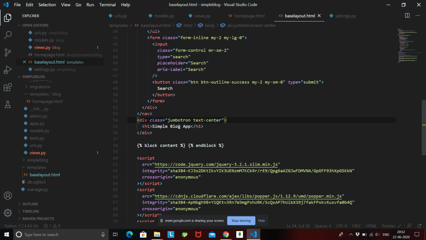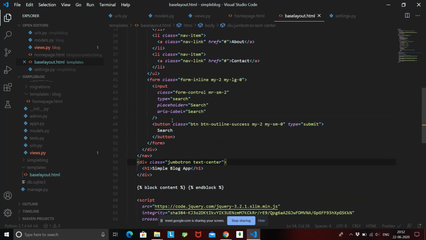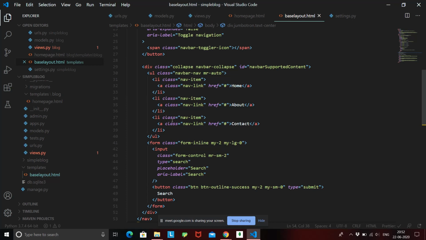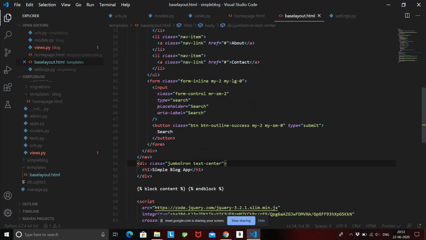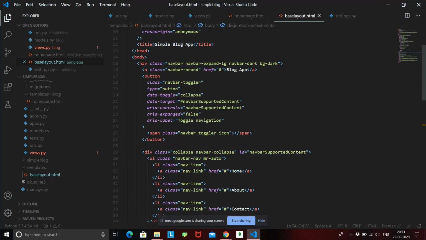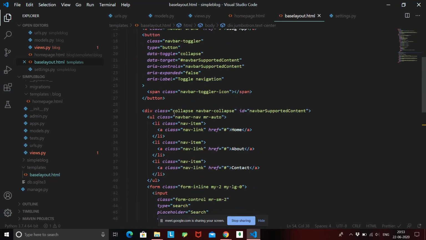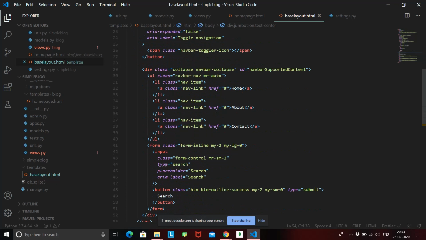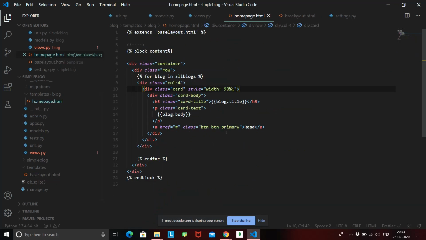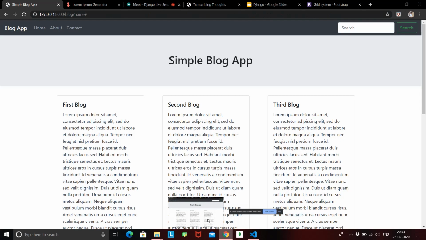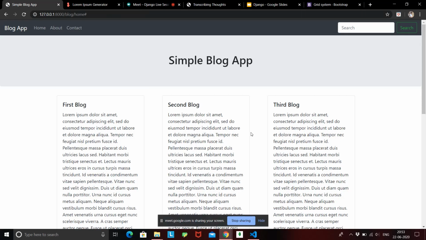But we needed this title and the nav bar in all our pages, so we wrote them inside the base layout outside the content. Outside the content we created a simple navigation bar, then a little jumbotron, and then inside our homepage.html we created these cards. This is the final output of our blogging app. So we have a nav bar, we have a title, and we have cards for all the blogs.